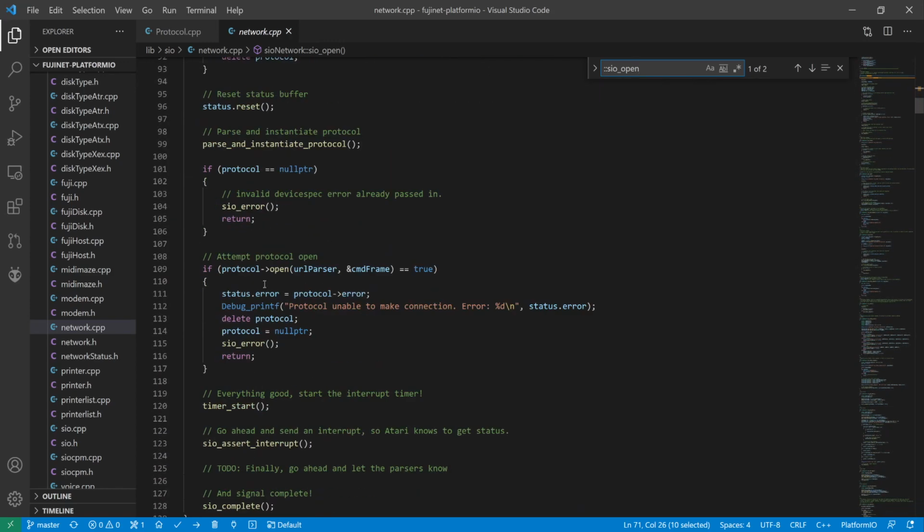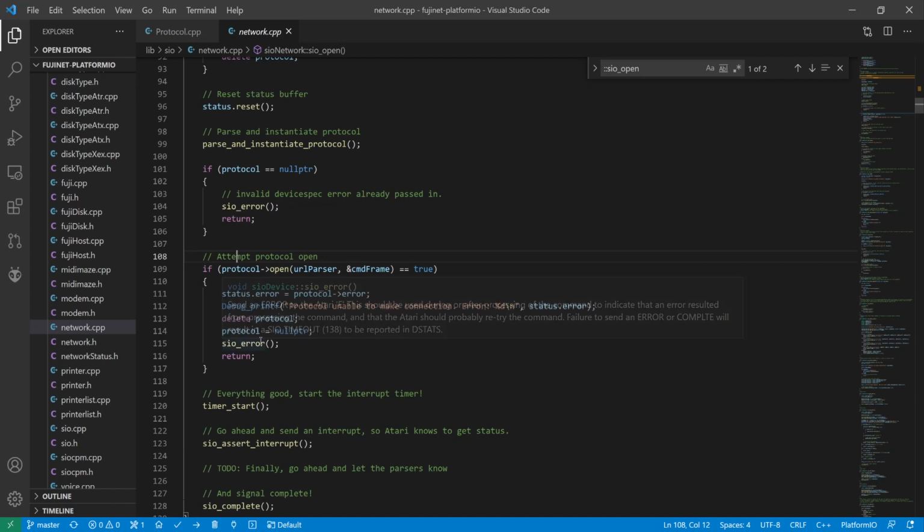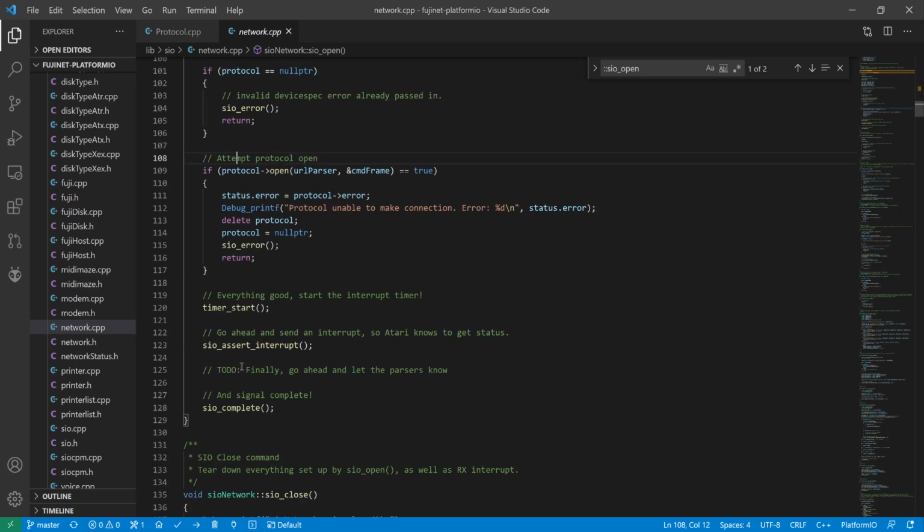Finally, once that's all done, we start talking to the protocols. We do an open. If that open fails for whatever reason, we try to clean up as best we can and send SIO errors, etc. Now, it's important to note for each of these different commands and types, like open, close, status, etc., each one